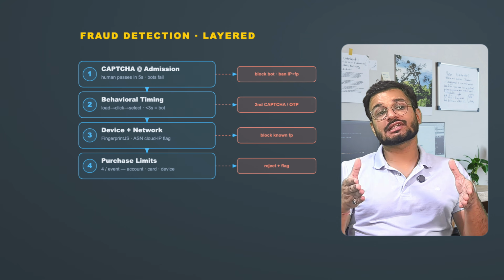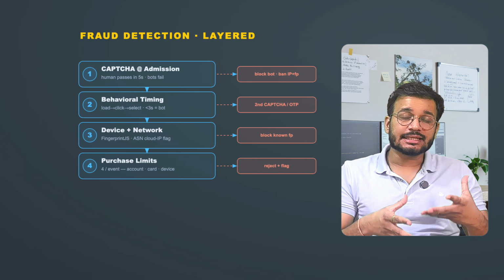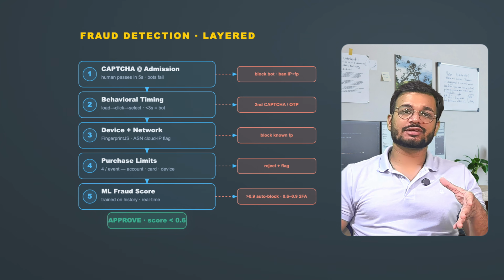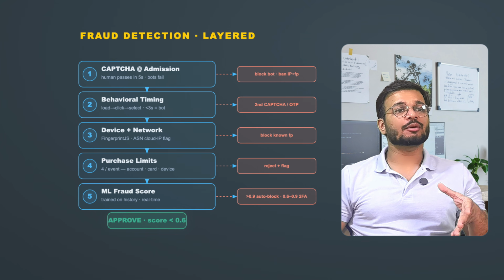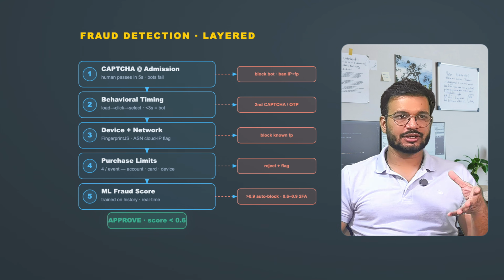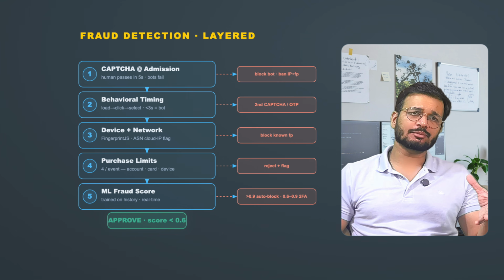Now, the purchase velocity across the platform: if 100 accounts are created in the last 24 hours, and all purchase tickets to the same event within 5 minutes, that is like a bot farm. We can do ML-based fraud scoring. Train a model on historical fraud patterns, score in real time, then flag high scoring transactions for manual review or a challenge. Then the next part is barcode generation and ticket integrity.